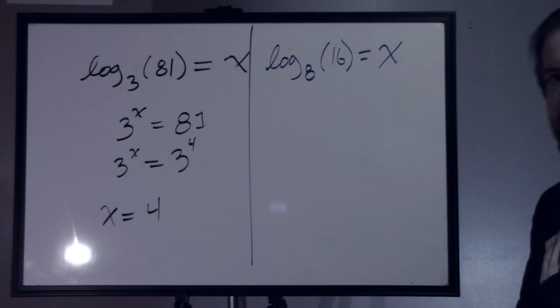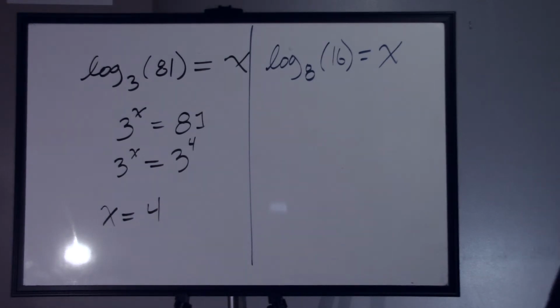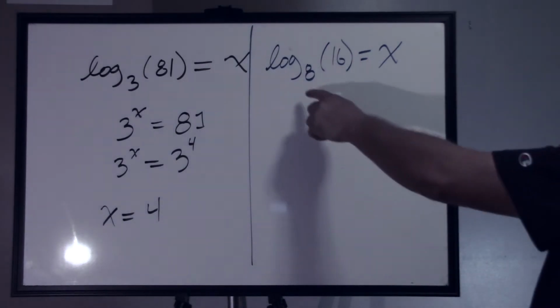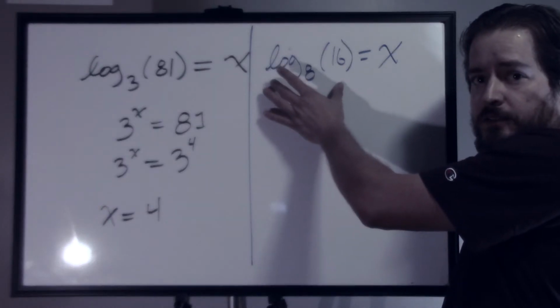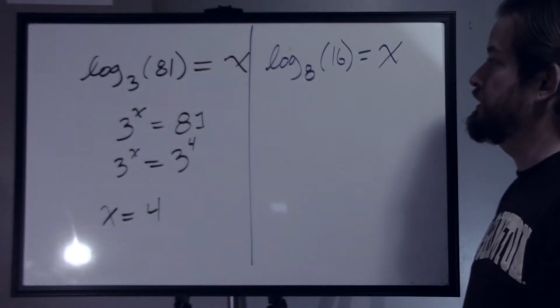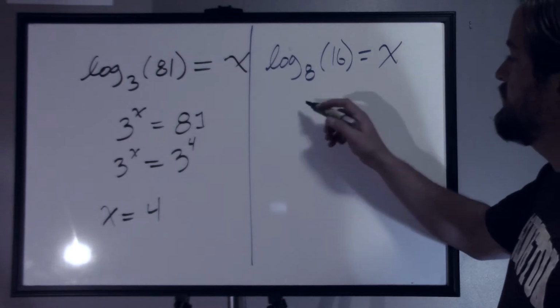Alright, let's look at this one. I have the log base 8 of 16 equals x. So again, I'm going to rewrite this as an exponential because the logarithm is already isolated. It's the log on the left-hand side. Everything that's not part of the log is on the right. So this is 8 to the x